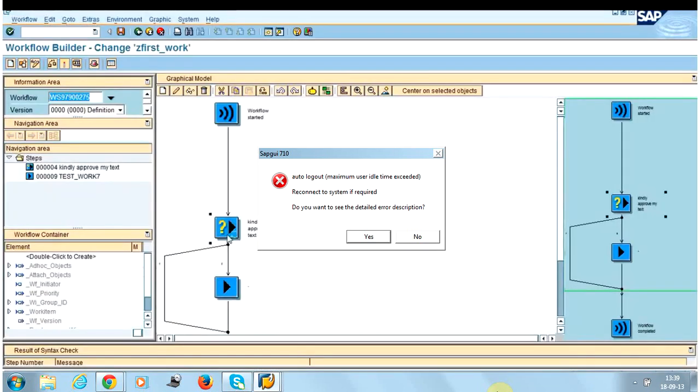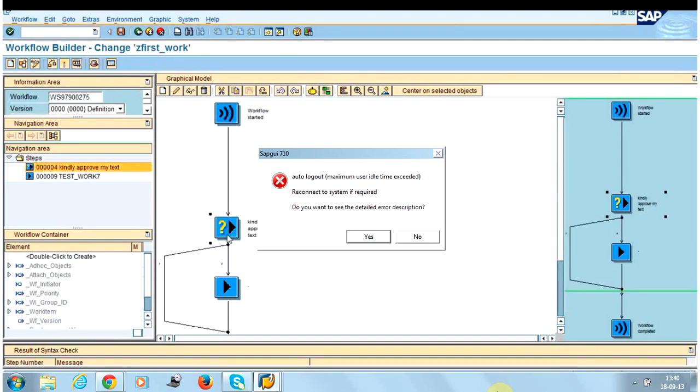Now coming to the third one. The third one is the wait step. I will be discussing this wait step once I discuss events. Events is a very big topic, and it requires more than 1 week.